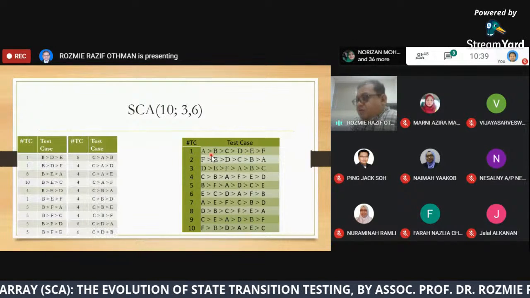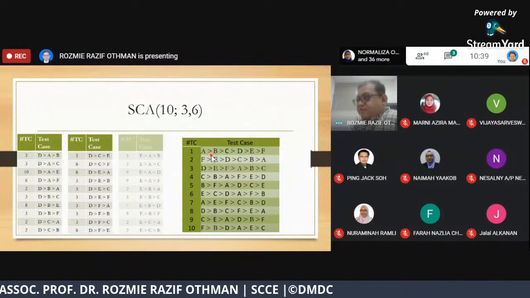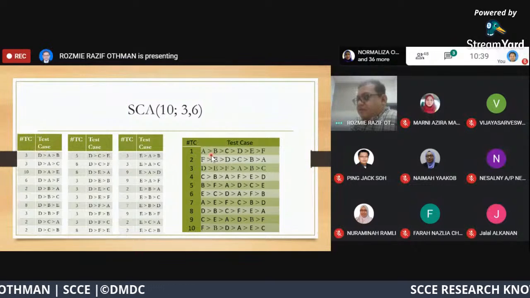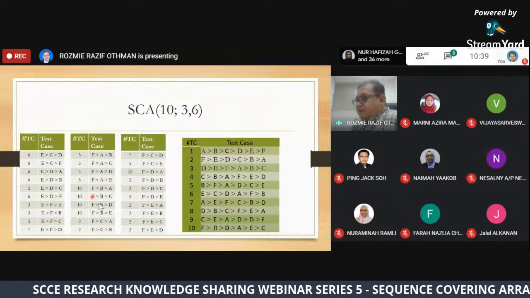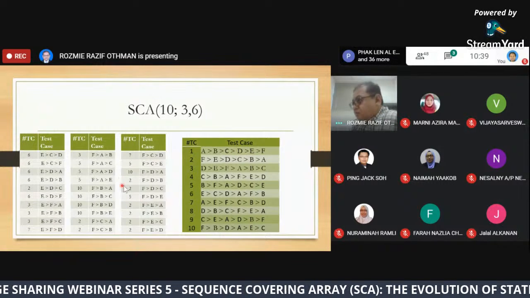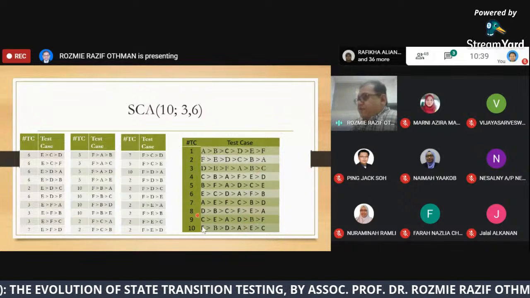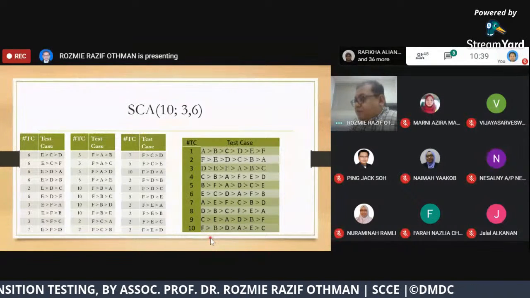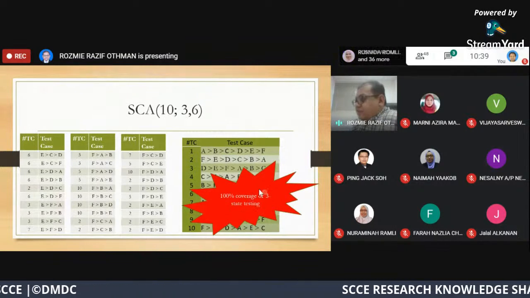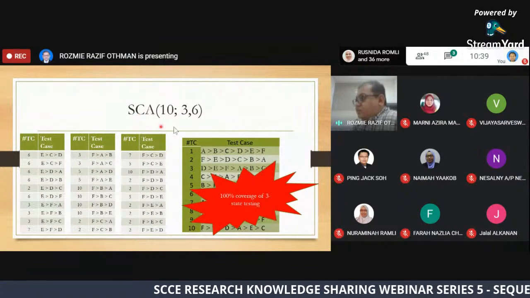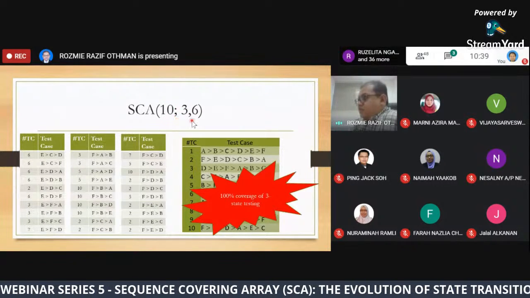We can look at all the state transitions, the 3-state testing, and everything we can pinpoint or trace back into this sequence covering array. And we can say that we have 100% coverage of 3-state testing using this sequence covering array of 10;3,6.